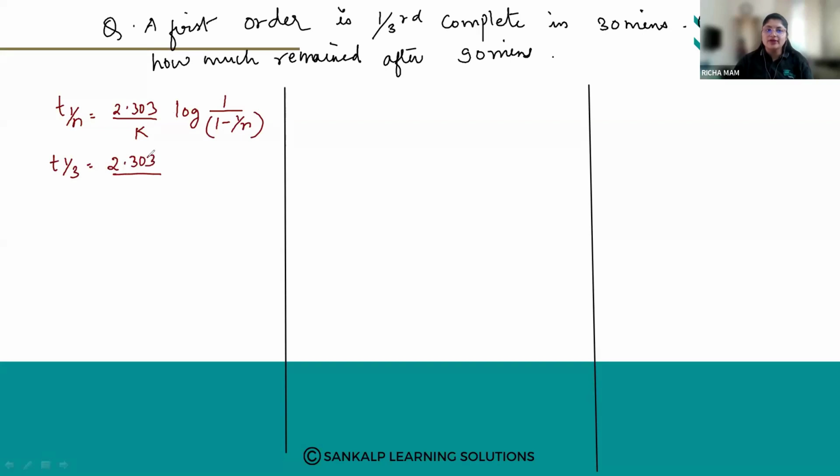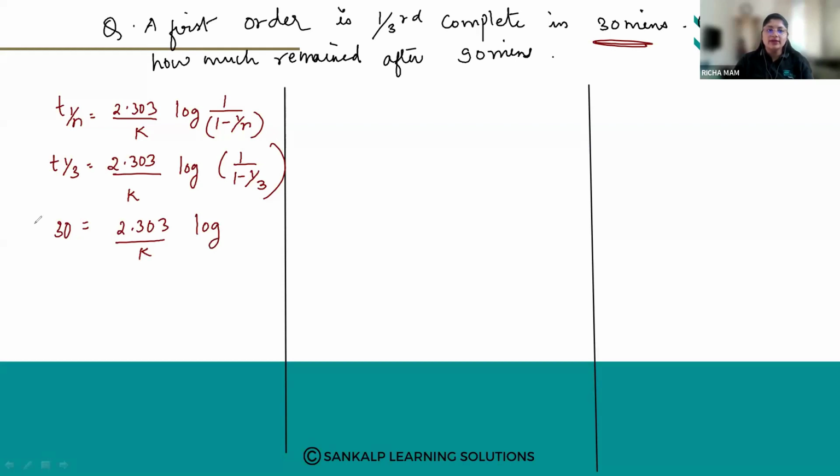So it is 2.303 by k, what is first order k, we don't know, then log of 1 by 1 minus 1 by 3. T of 1/3 is given, that is 30 minutes. So 30 minutes is equal to 2.303 by k log of